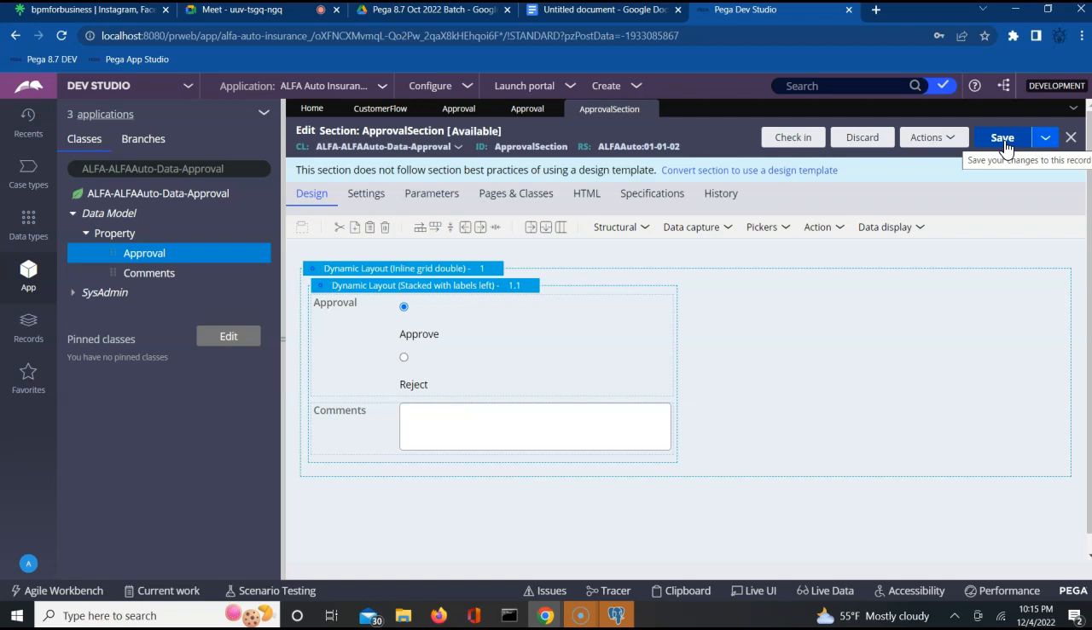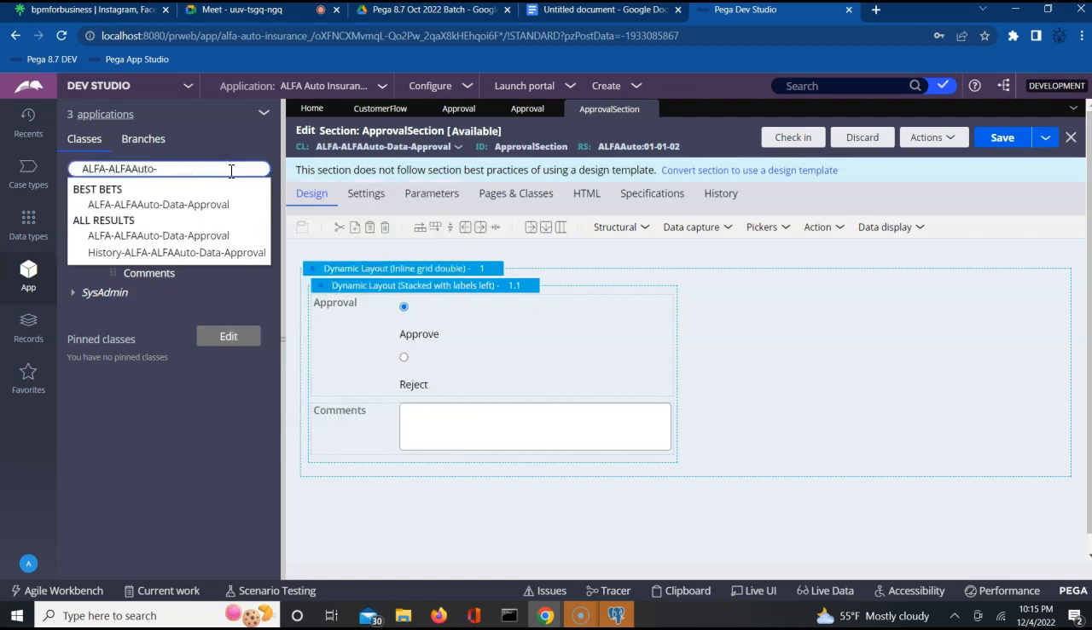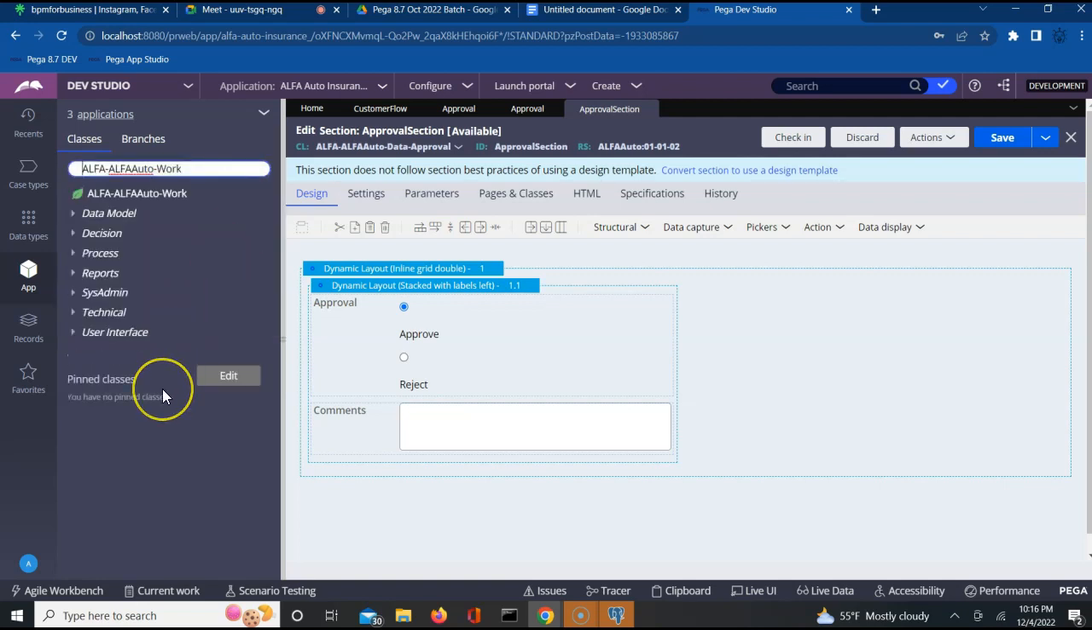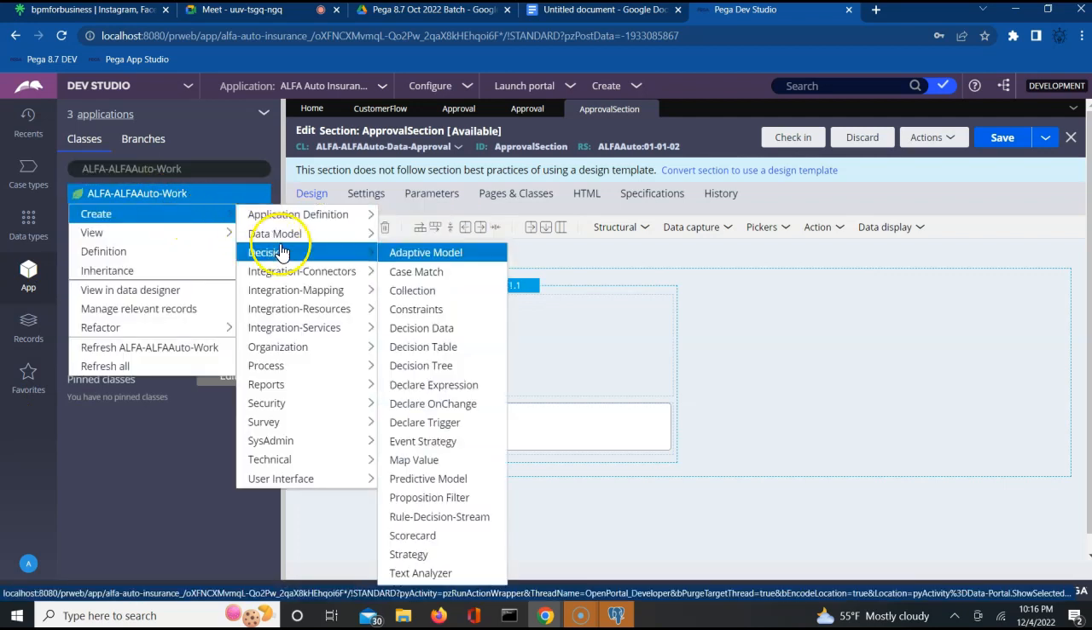Perfect. Now that we have created the data layer aspects, which is my data type and my data class, let us create a page reference like we usually do in my work class so that I can refer to this particular section here. Okay, perfect. I came back to my work class. Now I want to create a page which references my data class. Right click as usual, data model,